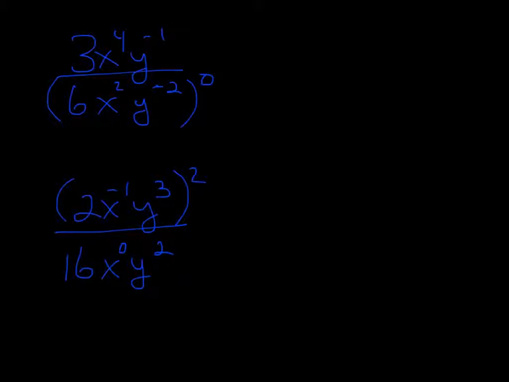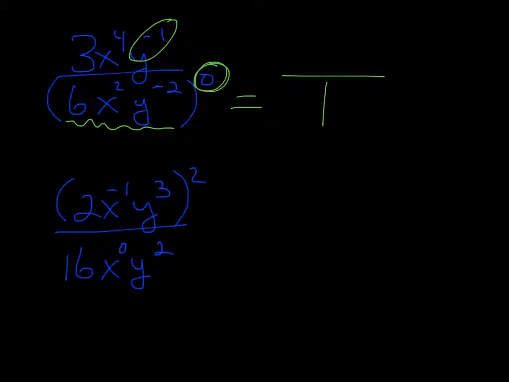Alright, so the answers to these are, I see a bunch of negative exponents. Ooh, and I also see something to the 0 power. Anything to the 0 power, no matter how ugly, is just 1. So this whole denominator is just 1. This whole thing is being raised to the 0 power, so that's just 1. Then I'm going to have 3x to the fourth, and that y to the negative 1